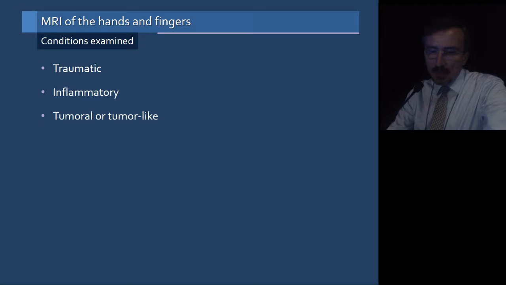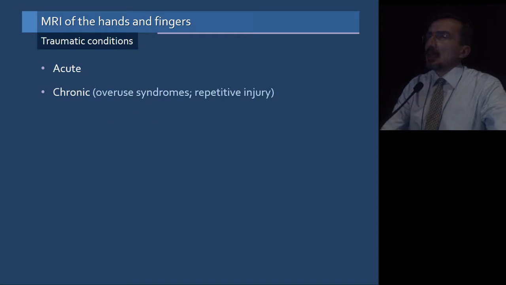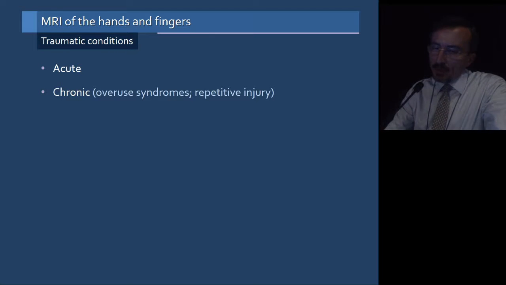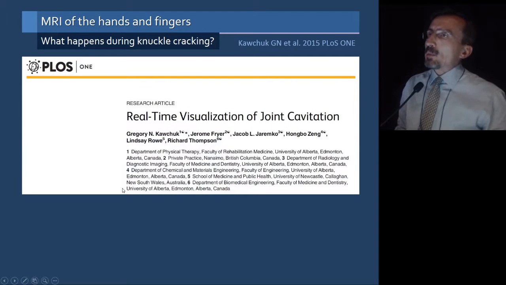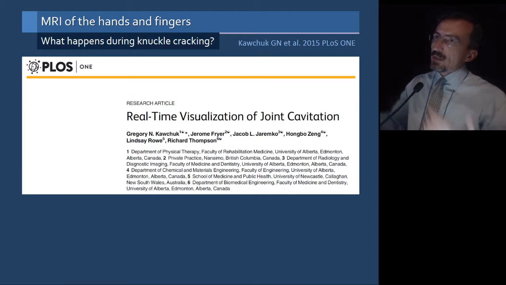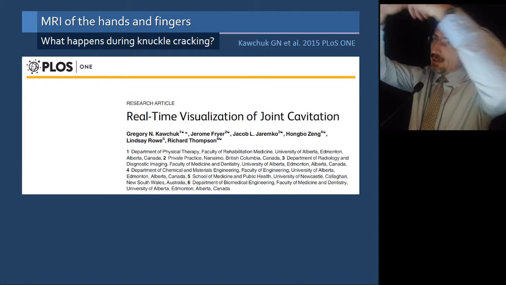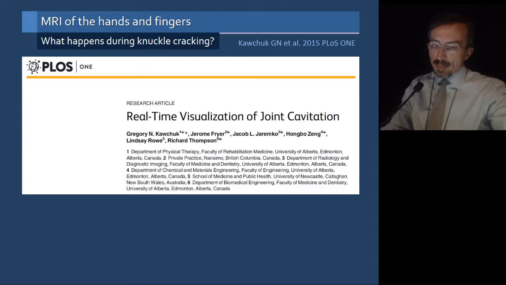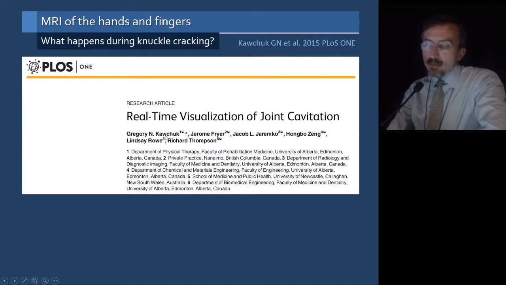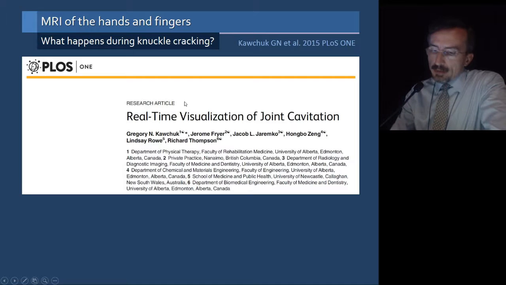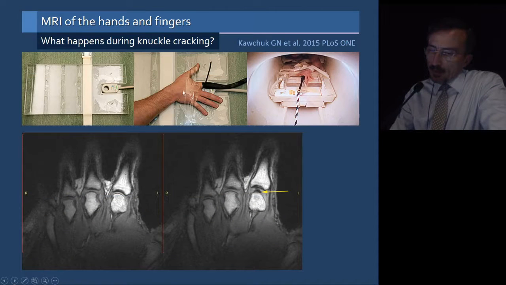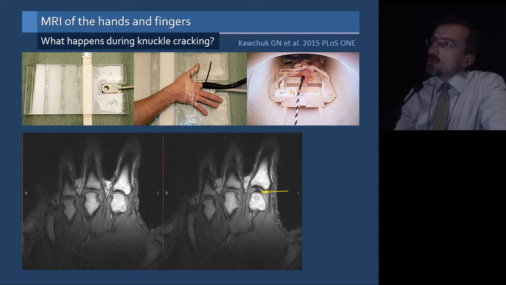of hands and fingers. And with traumatic conditions, they can be either acute or chronic in the form of overuse injuries or repetitive injury. One of the repetitive injuries actually is something that we almost all of us do. It's knuckle cracking, like this one here. I mean, cracking our knuckles. And it was a few years ago that it was shown, in a study done on an MR unit, that this cracking noise actually comes from, this sound actually comes from